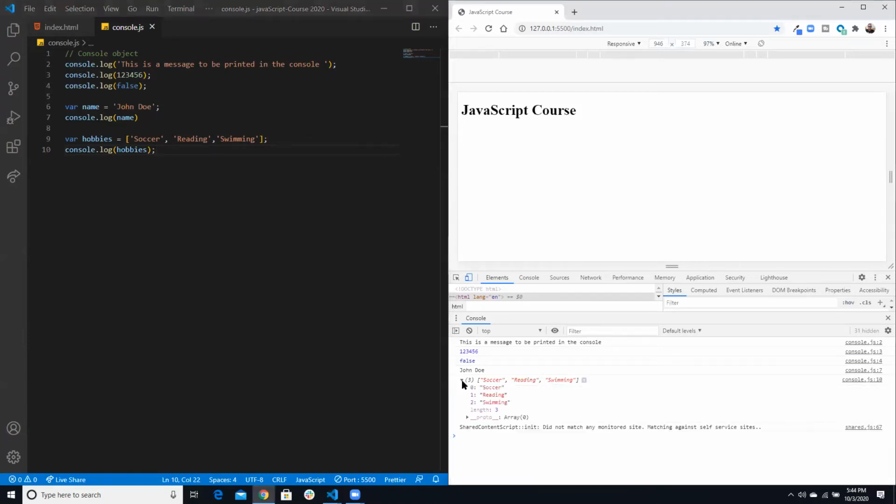And if I click on this arrow, I'm going to find soccer has the array index 0, reading has array index 1, and swimming has array index 2. And it will also give you the length, which is 3. This is the length of this array. Besides arrays, JavaScript uses objects. And what I mean by object, you can create an object like variable person,